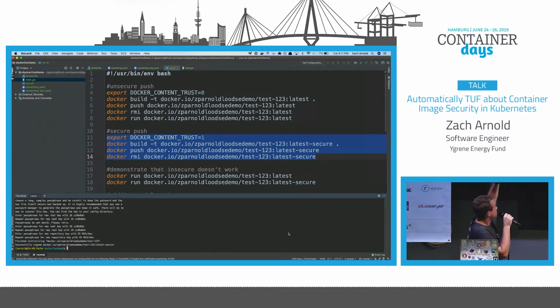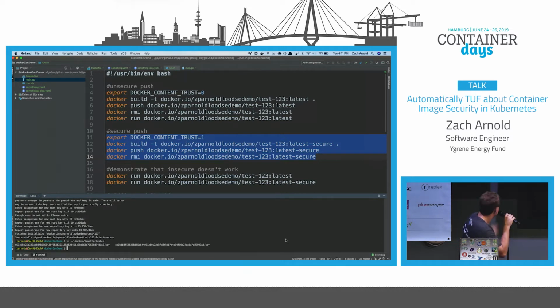We built an image, we pushed it, it initialized all of the keys necessary, and it placed them in a very special directory called the Docker Trust. So inside of the local user directory at .docker/trust, there is a private folder. If I list out what's there, you will see that there are keys there now. Those keys are the root key and the targets key that we literally just initialized. And you can see that. So like if we were to cat one of them out,